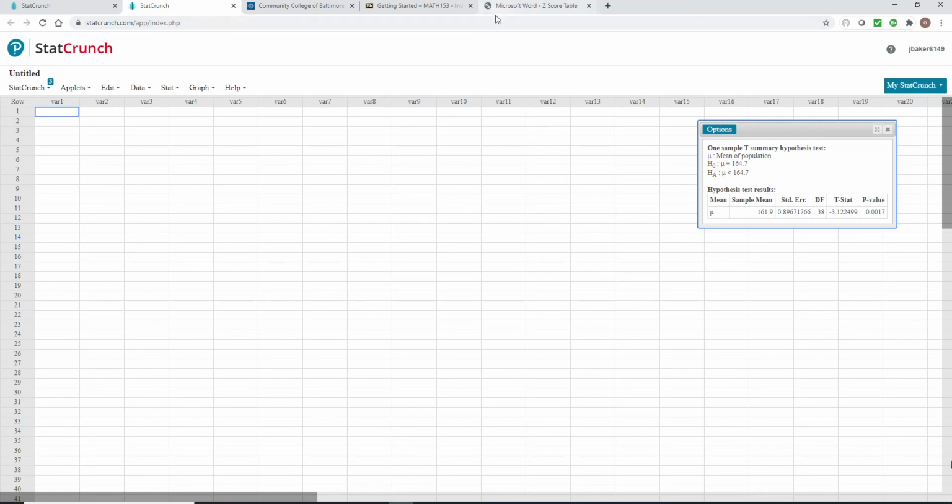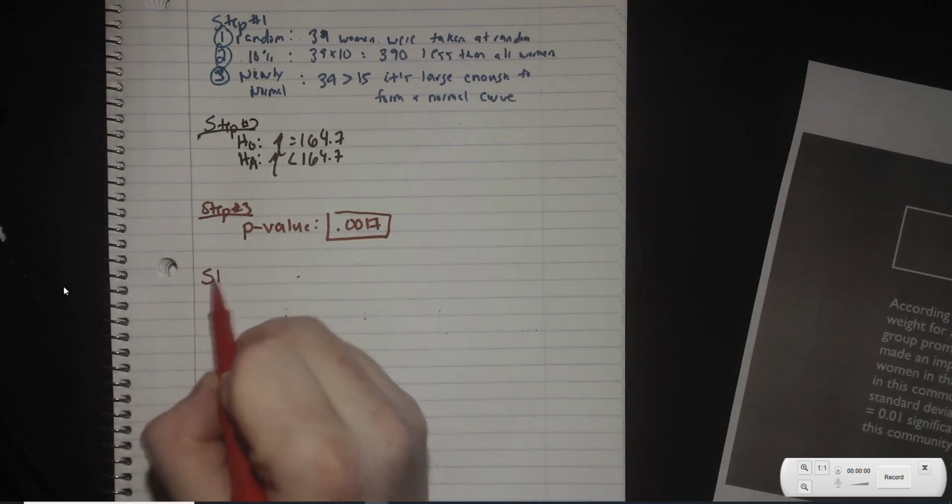Okay. So now the actual situation denoted that it had to be less than 0.01. Technically, it doesn't matter which one because it's less than both of them. But since we're talking about this particular situation where it says 0.01,